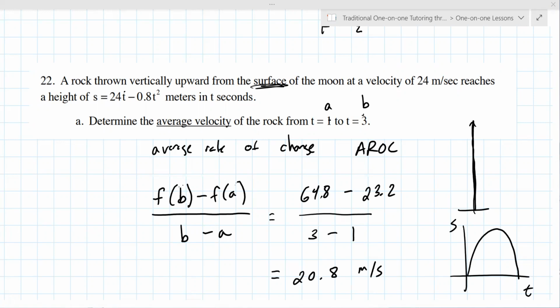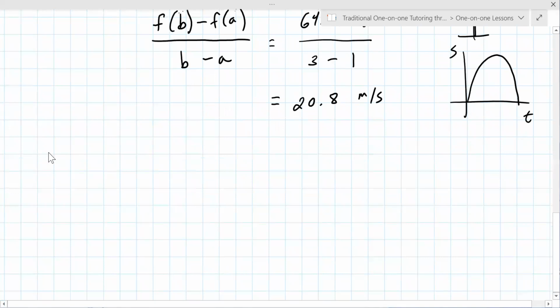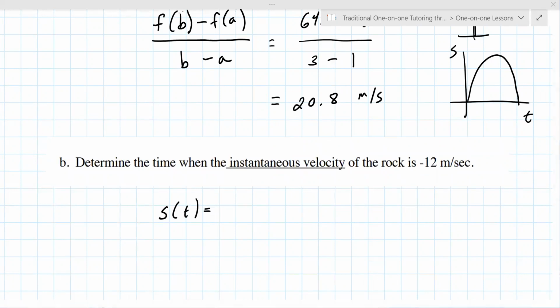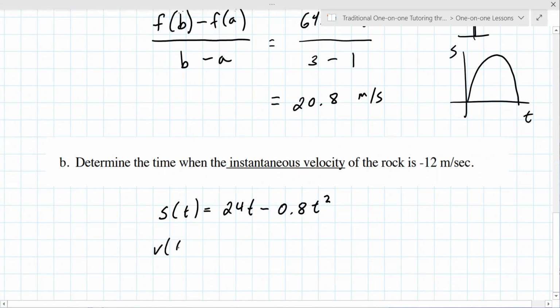Okay, now the calculus questions are upcoming. So that's part B. Part B is to determine the derivative. So I'm gonna rewrite. S of T is 24T minus 0.8 T squared. So V of T is the derivative. What do you got here for me for derivative? 24 minus